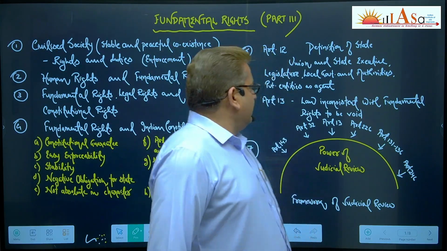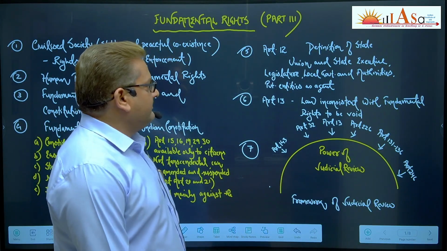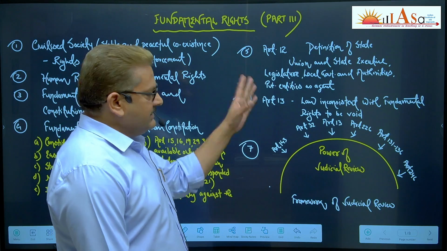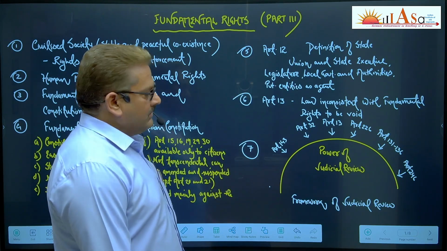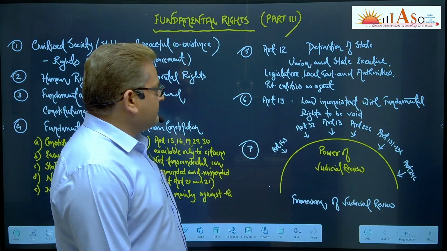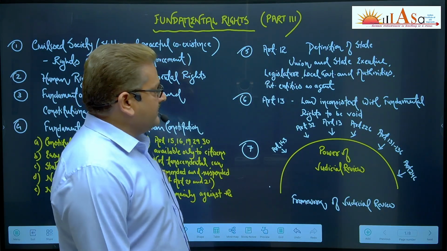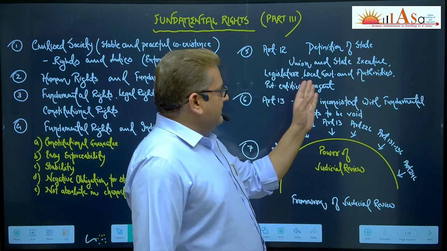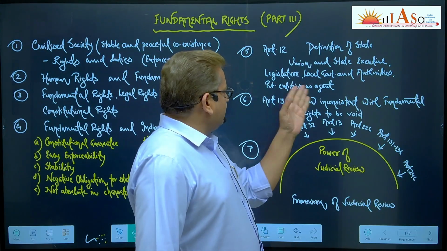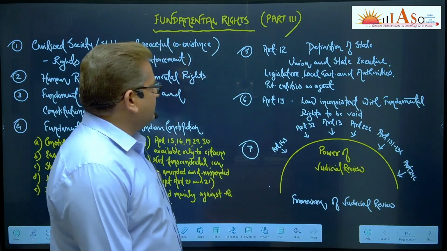Here, this is Article 12: Union and state executive, and Union and state legislature. So you have Lok Sabha or Rajya Sabha, the Vidhan Sabha in the state and Legislative Council, then local government, Panchayati Raj institutions, municipal corporations, municipalities, and other authorities. Then you have state authorities and private entities working as an agent. So this is the definition of state.